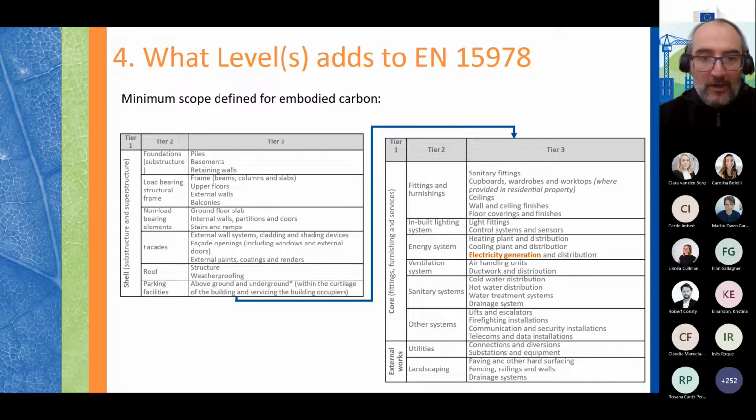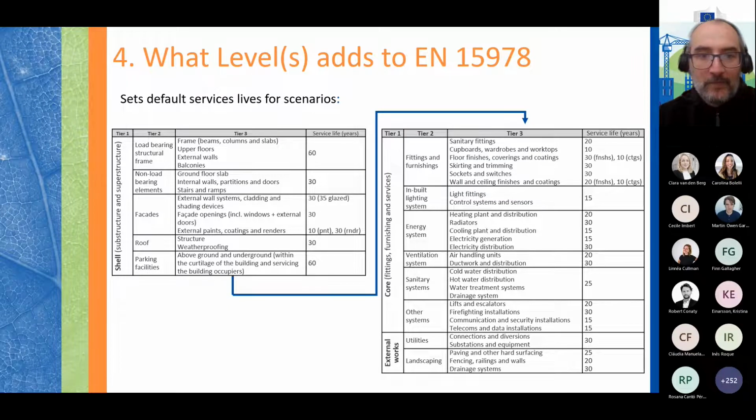So if we go to the next slide, also to match up with this minimum scope of embodied carbon, we also provide some default service lives for those same parts of the building. So in case you don't have any better information from your suppliers, you can use these default service lives, which I won't go into detail, but you can see them all there on the right-hand column of this table. So in the next slide,